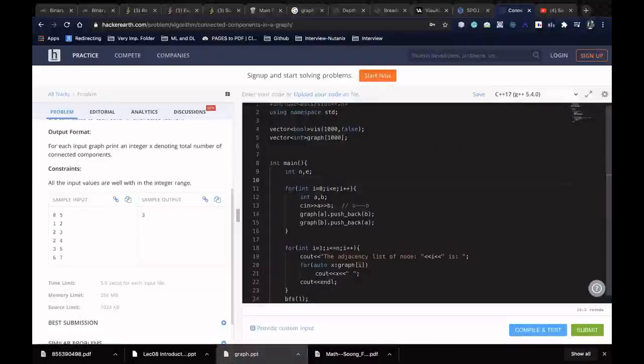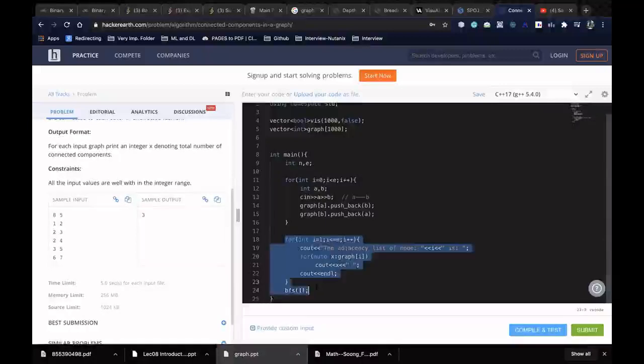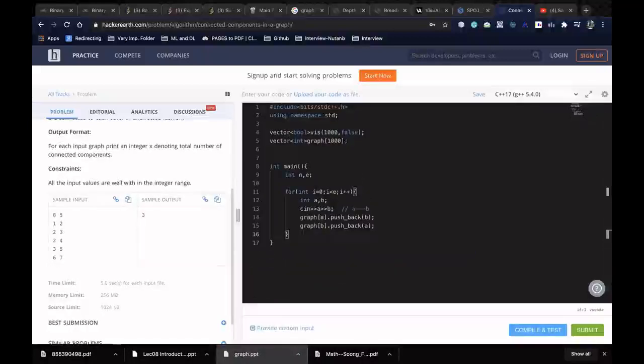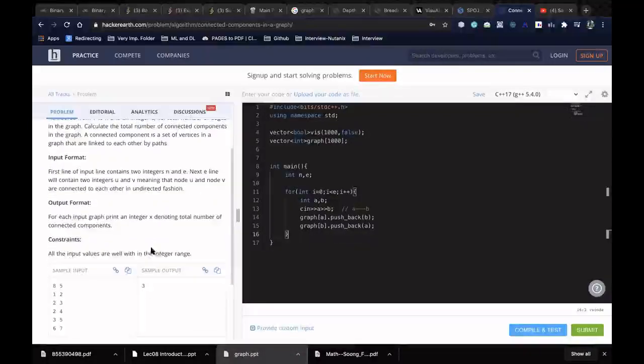So first I define a graph, having let us say 1,000 nodes, or we can take up to 10 to the power 5 for safety purposes.